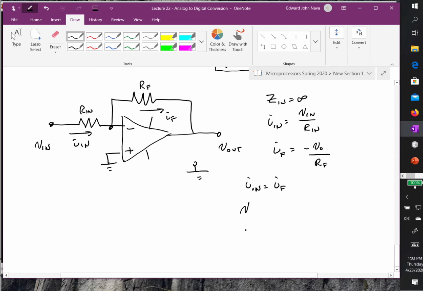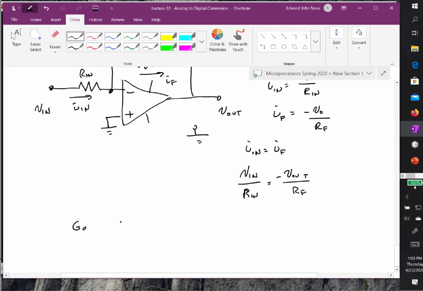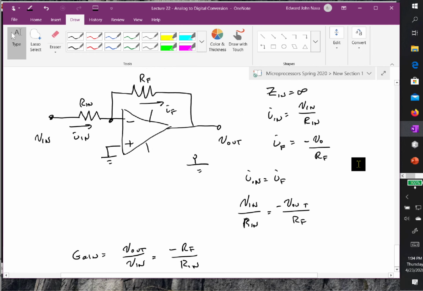So we have VN over RN is equal to minus V out divided by R sub F. And my gain, which is equal to V out over VN, is minus RF over RN. And that should look familiar to all of you from your circuit analysis or maybe your electronics course. And so this is just basic op-amp operation. Okay, so you say, all right, that's great and wonderful, but how does that help us in our D to A